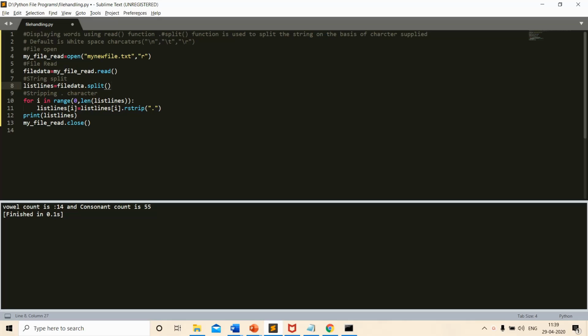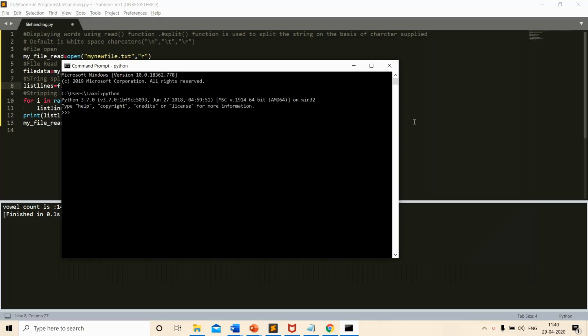Before jumping into the code, I will try to explain two important functions which I will be using in this program. The first one is split and the second one is strip. So let us look into what split and strip are. First, let me define a string here. str1 is equal to hello;hi;and;Robert.